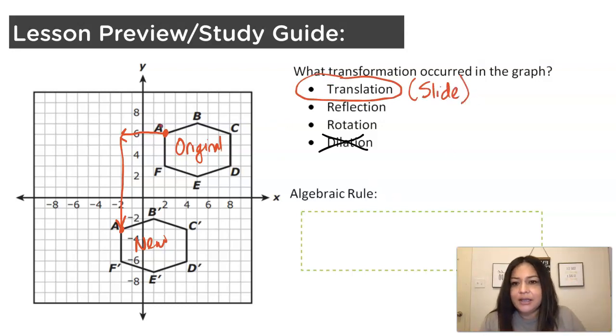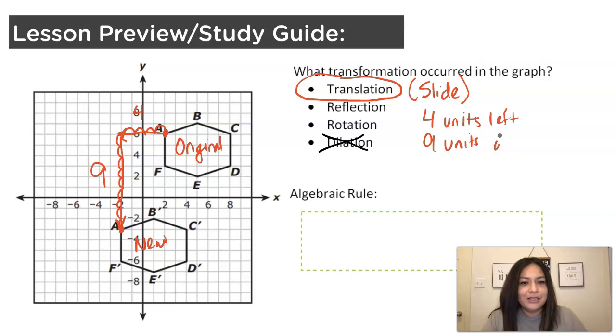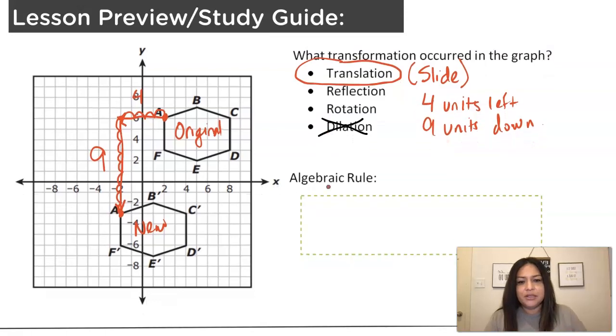Now, how did it slide? It slides to the left. 1, 2, 3, 4. Okay. So I'm going to go ahead and write down 4 units left. And what else? If I start where I left off, 1, 2, 3, 4, 5, 6, 7, 8, 9. 9 units down. Okay, so if I want to write an algebraic representation for this, I need to explain what